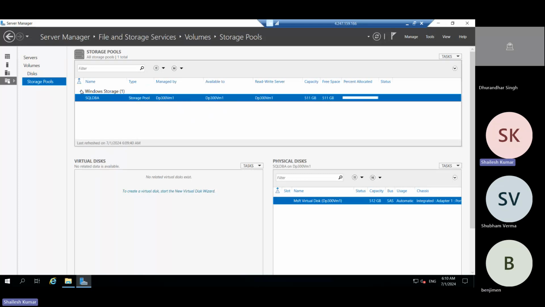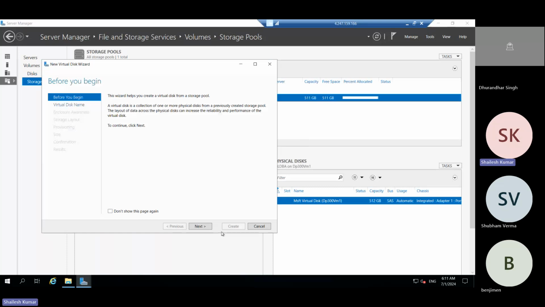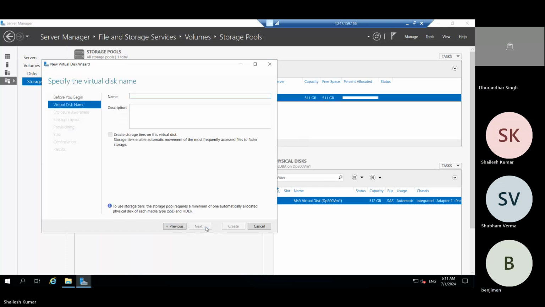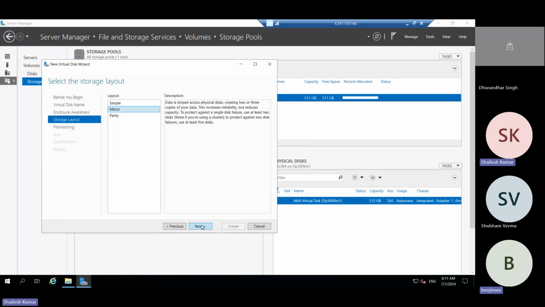So now this is a pool, and now we have to divide or map to the SQL. This new virtual disk, it is saying that. Okay. So now we can create MDF, something different.